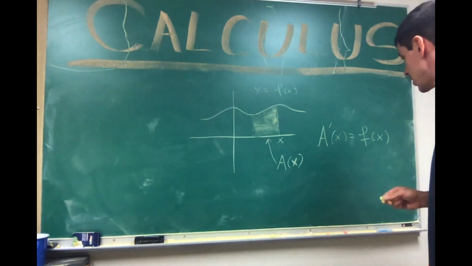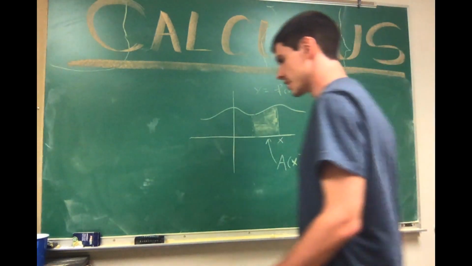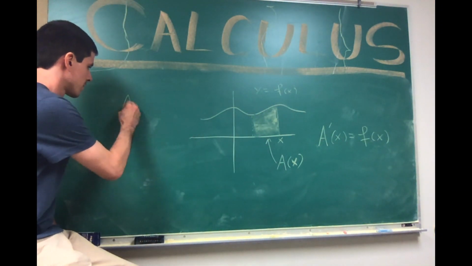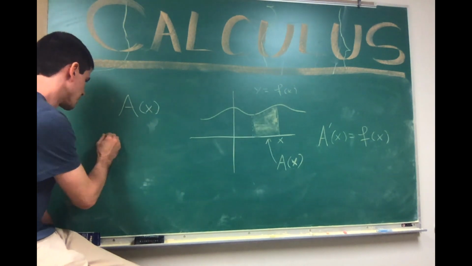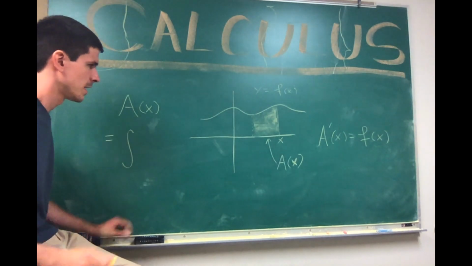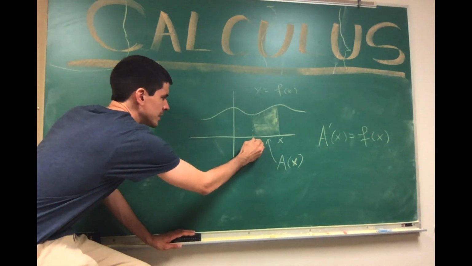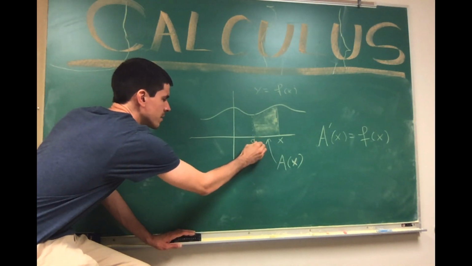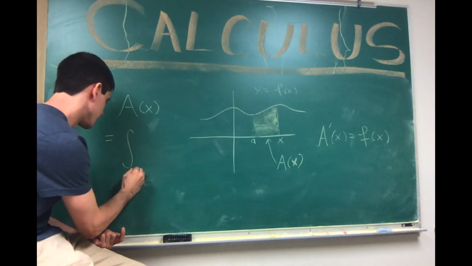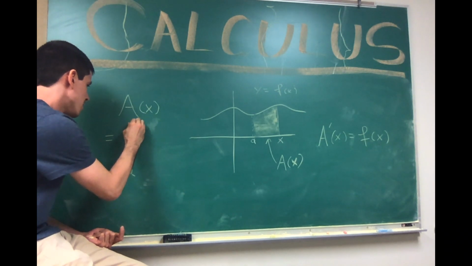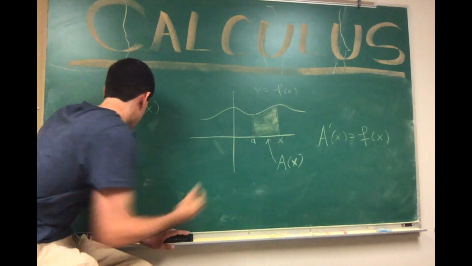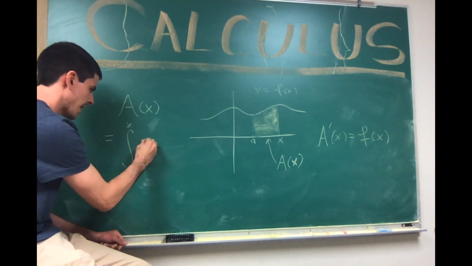So the notation that's used for this is A of x equals the integral. Let's say this point right here is called lowercase a. It's sort of a customary letter to use. So A of x is the integral from a up to x, moving along from a up to x, of f